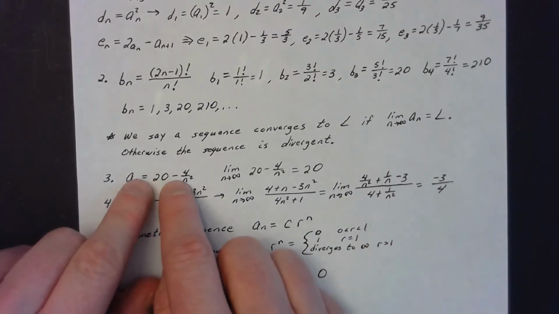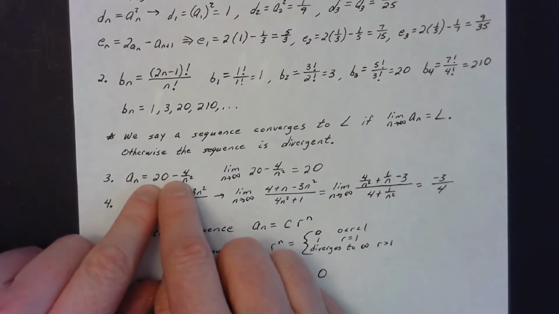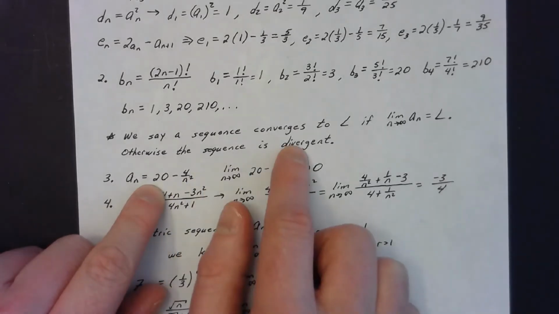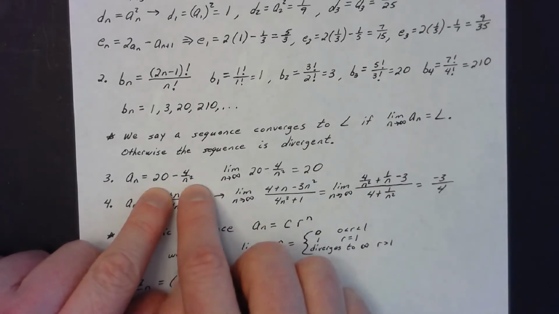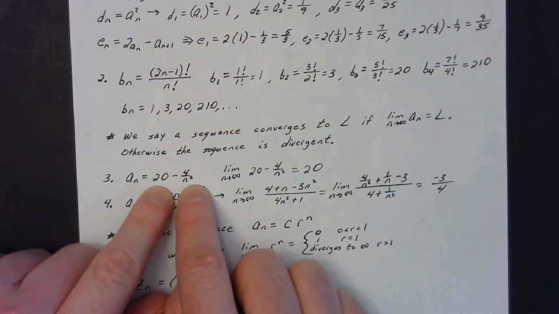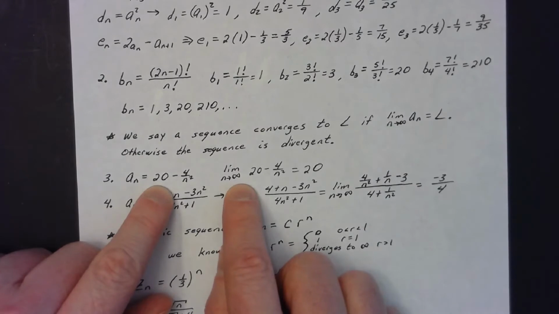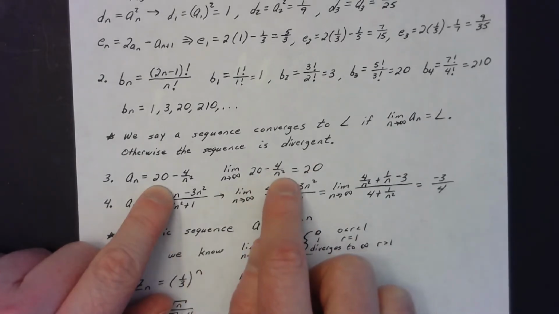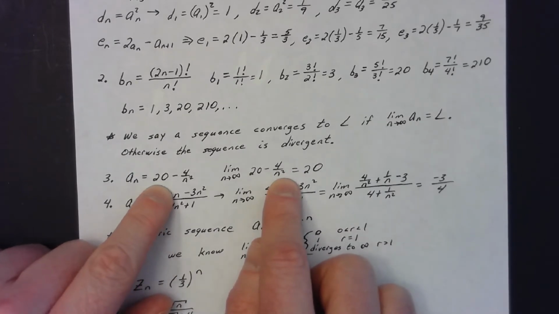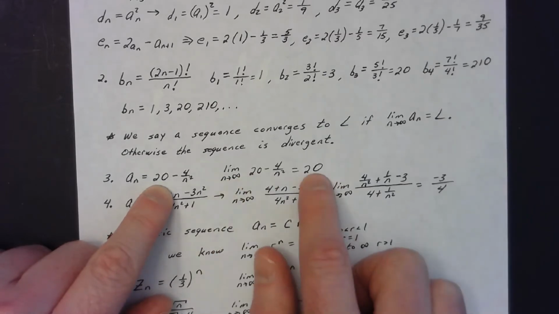If I ask you, in all of the remaining problems, it's just, does the sequence diverge or converge? So the sequence I'm giving here, a sub n is equal to 20 minus 4 over n squared. So all I need you to do is think about what happens to this as n gets large. Let's put a limit as n approaches infinity. We're going to have 20 minus 4 over n squared. I know 4 over n squared goes off to 0 as n gets large. So this sequence is just going to approach 20. So I would say this is a convergent sequence.